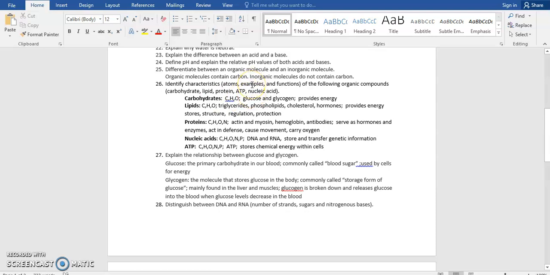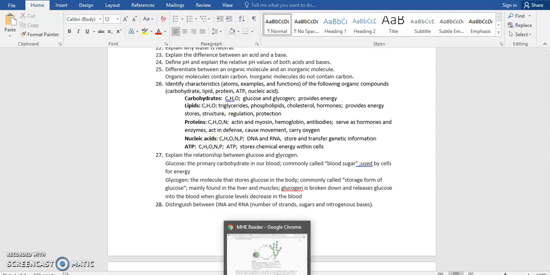And then you should know some examples, and I put the examples here. The book might have other examples too, but these are the ones that I will ask you about on the test. And then the functions, just a basic function of the different classes of organic molecules too. Okay, so we're going to start with carbohydrates,